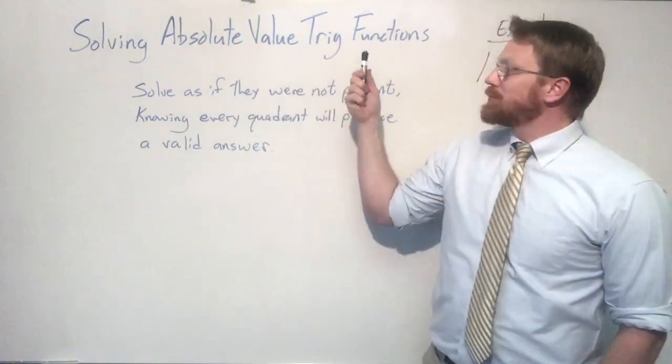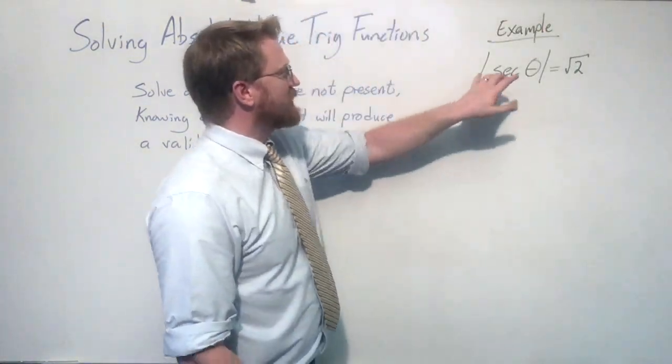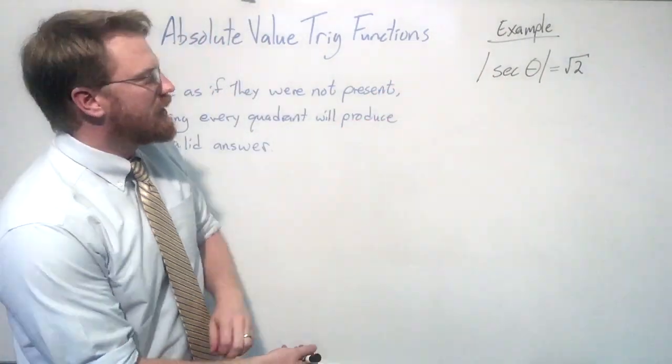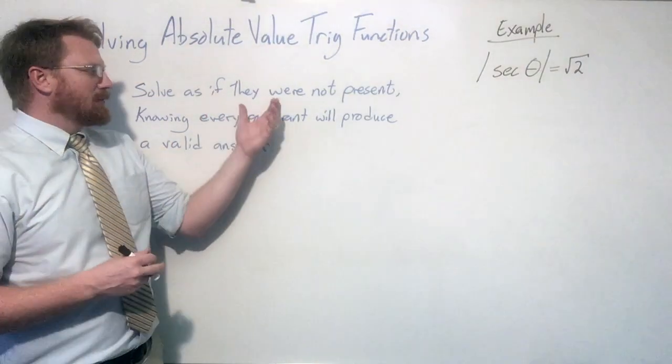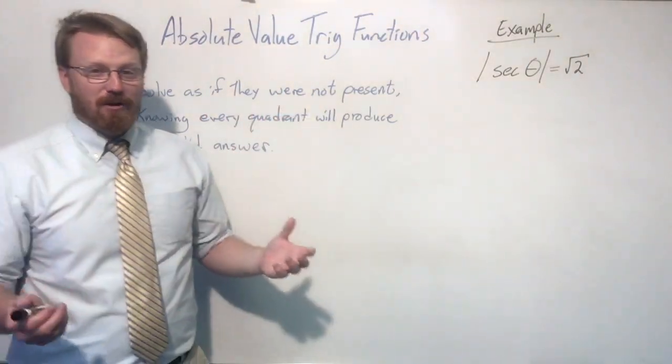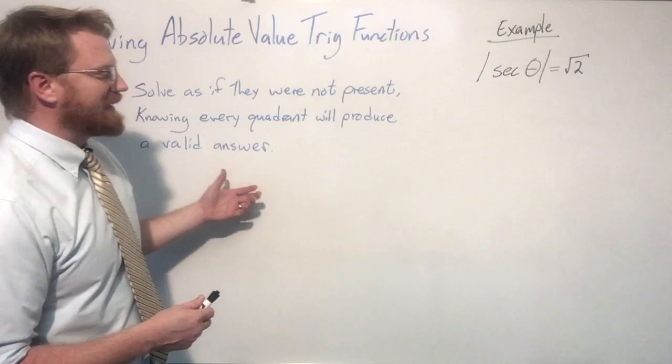Solving absolute value trig functions, right? You have a trig function that is somehow surrounded by absolute values. Here's how you're going to have to solve that. The trick here is to pretend those absolute value bars weren't there at all, solve it normally, and realize that every quadrant